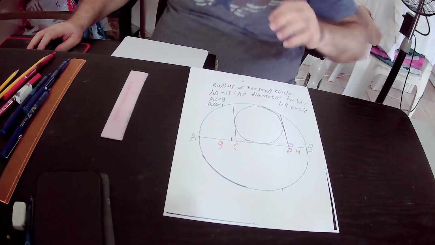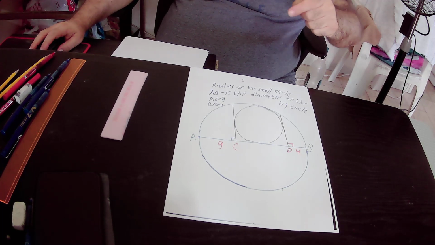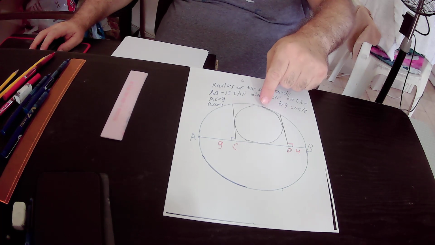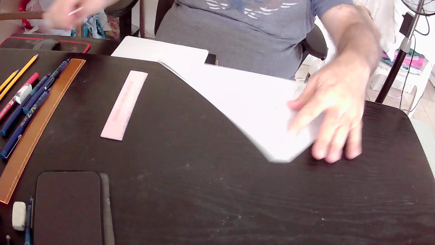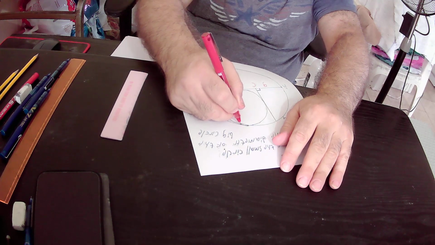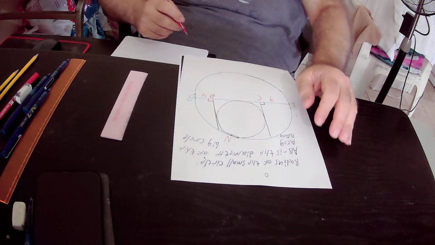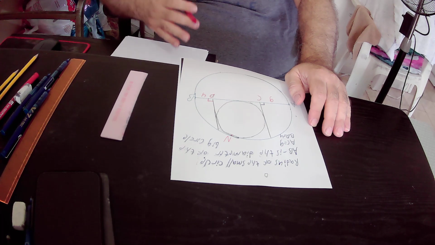Hello, in this lecture we will find the radius of the small circle. In the drawing we have two circles that touch each other internally at this point. Let's call this point N. Point N is the point where the two circles touch each other internally,